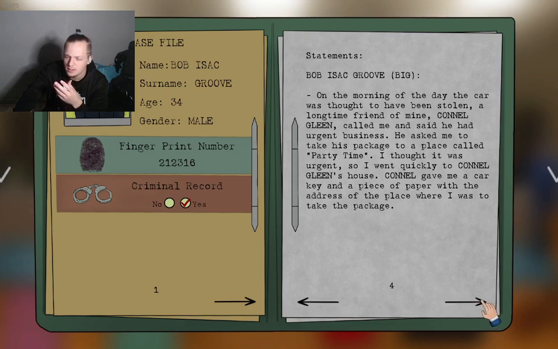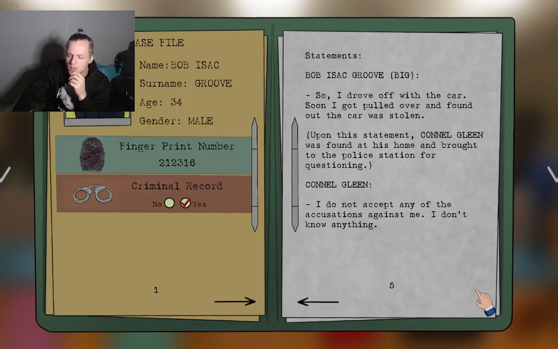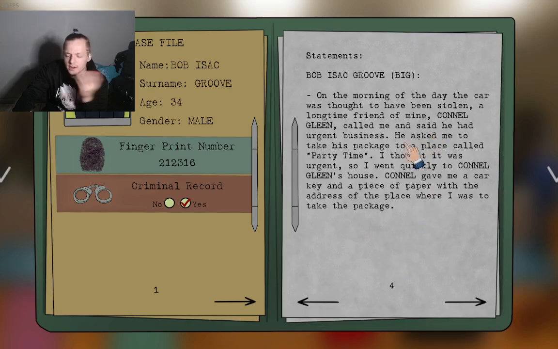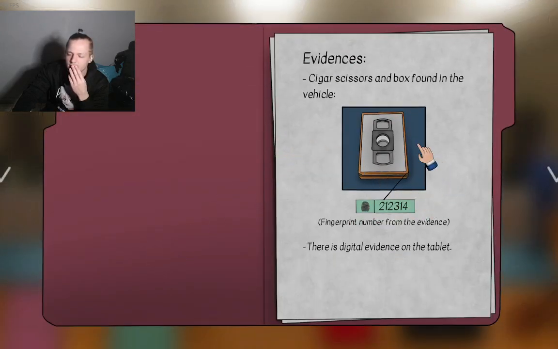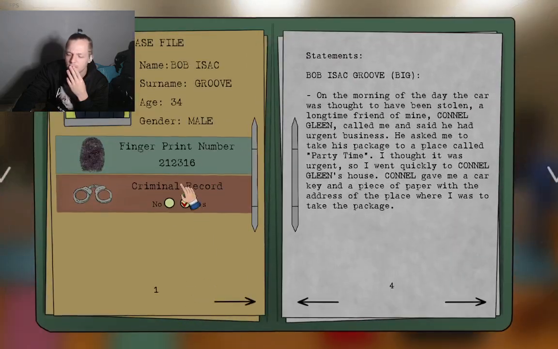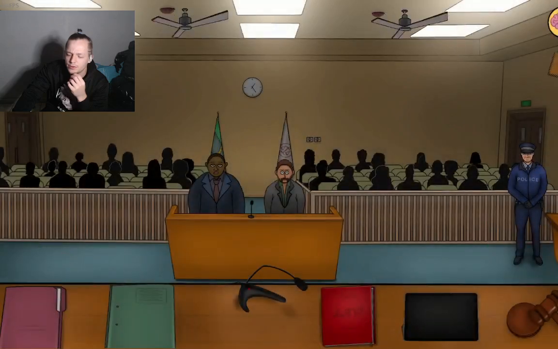Connell Glean said he had urgent business. Against me. I don't know anything. So Connell basically folded on him. And two, 1, 2, through 1.